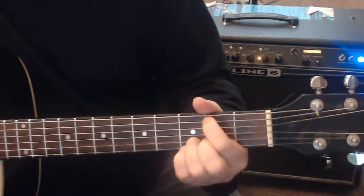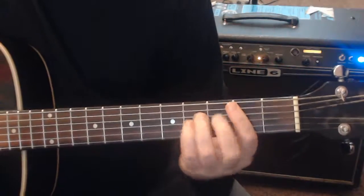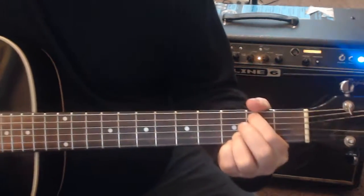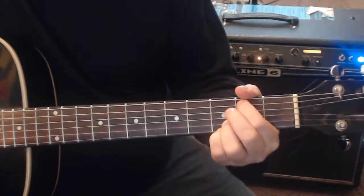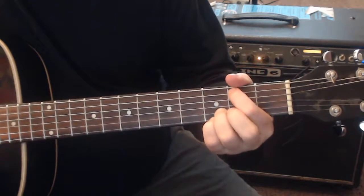Anyway, so what we have to do is not hit this low E string, and my finger here, all I have to do is lift it up. Pick this up and play the bottom 5 strings. Leave your index finger where it's at, and that's a substitute for B minor. So that's why we can walk up. So now we have G, B minor,